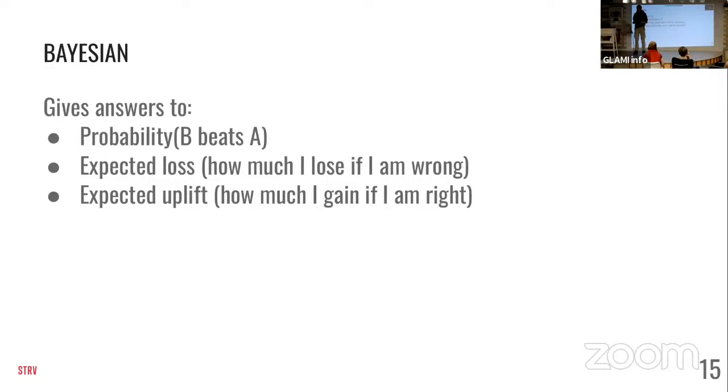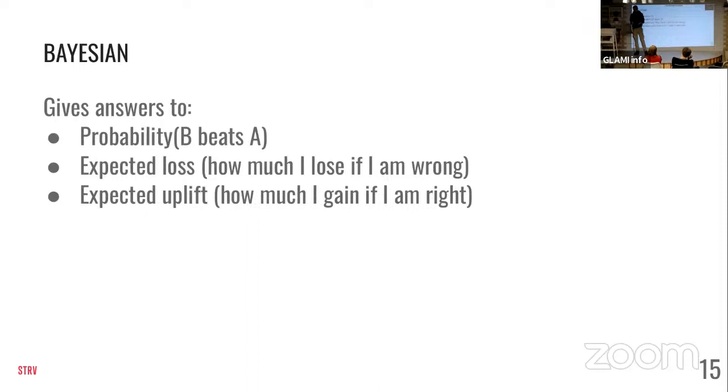Of course, 50-50 is the baseline. It's like tossing a coin, and then it depends on your data. The Bayesian approach can also give you an answer: how much would I lose if I'm wrong? That means the fact is that version B is actually worse than version A, but in my test setup, I measured that version B is better than version A. So I was wrong, but by this method you can calculate the risk.